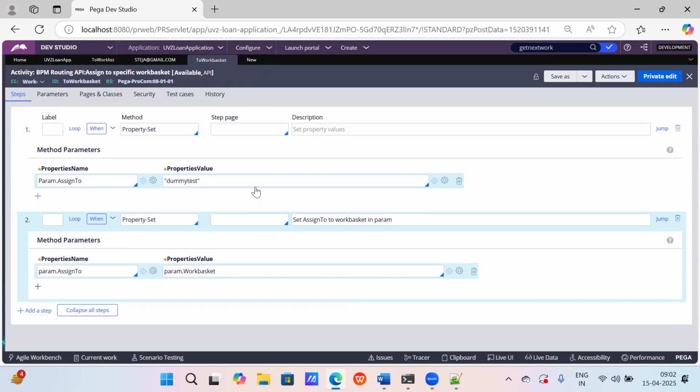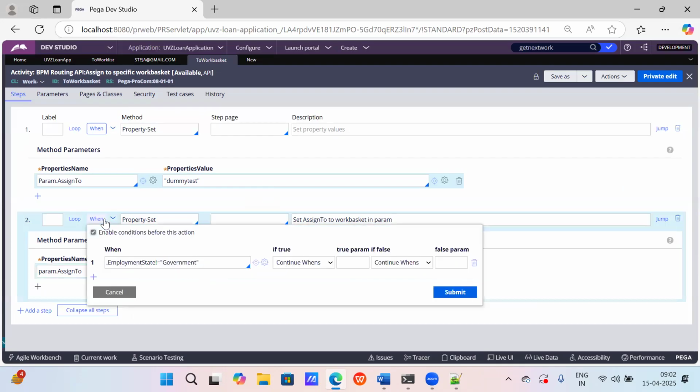Conditional routing is very important because there's a requirement which says that depending upon some situation, I need to route to a work queue, and depending upon my situation, I need to route to a work list. Yes, we can do that. But whenever you are assigning to a work basket, make sure the when condition plays a crucial role, for example the employment status.